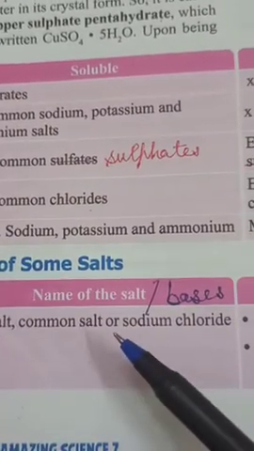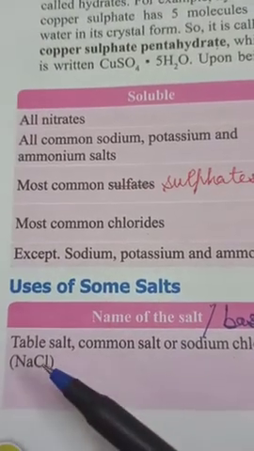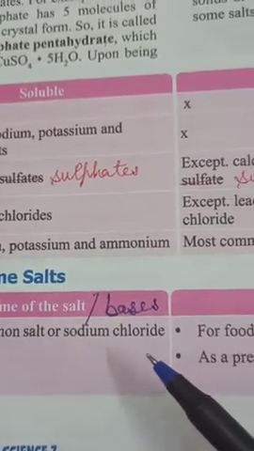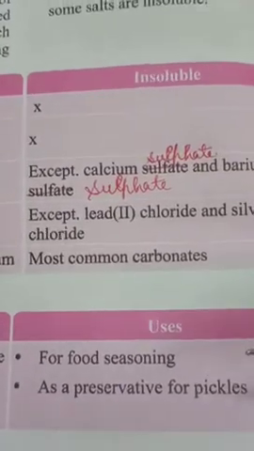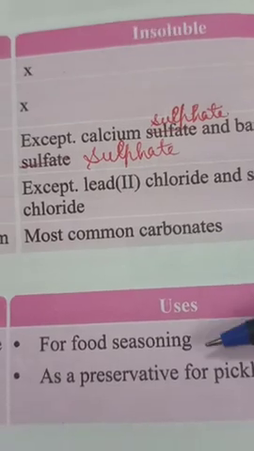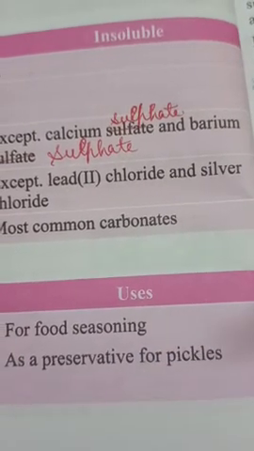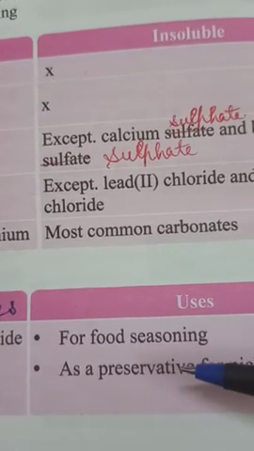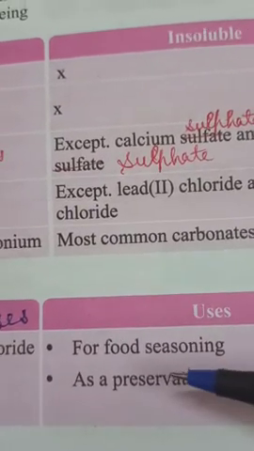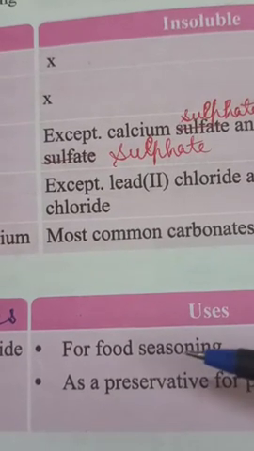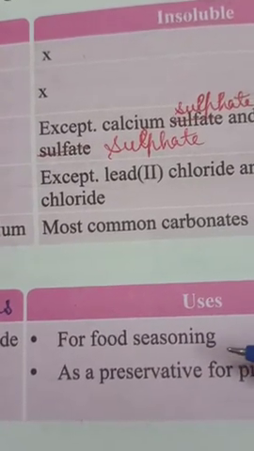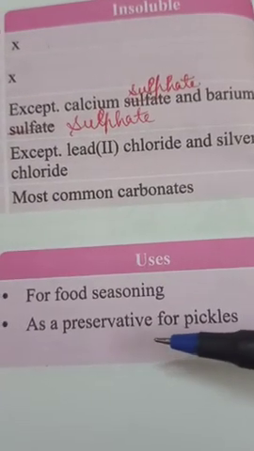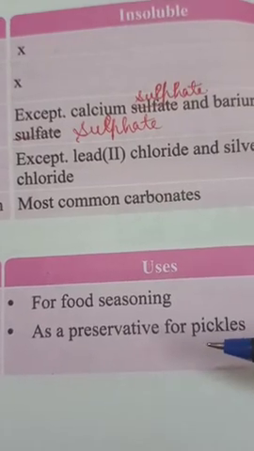Table salt, common salt or sodium chloride, NaCl. You know that this salt we generally use in our kitchen. So this salt is used for food seasoning and as a preservative of pickles. You know that this table salt we use to add in our food. Daily when we cook food, we add that salt in our food, and also we use this salt as a preservative